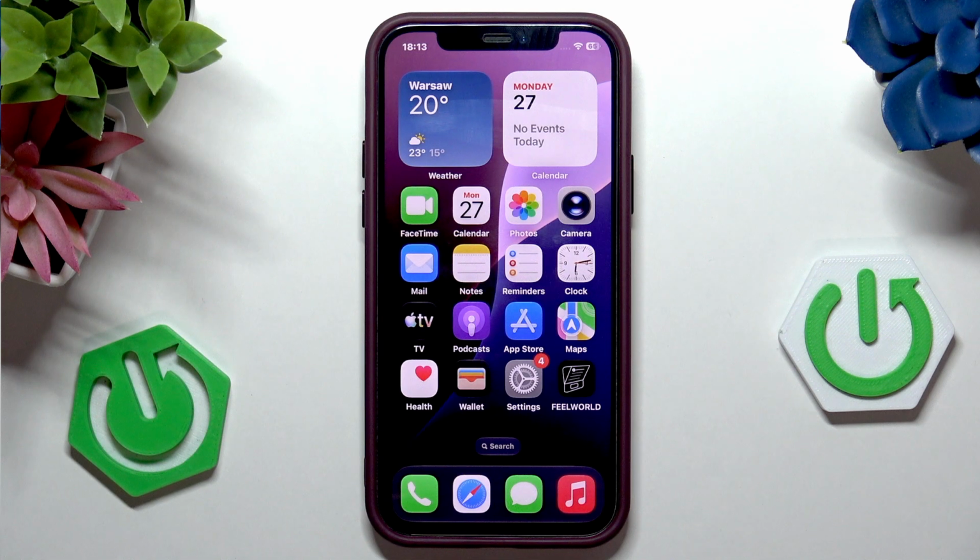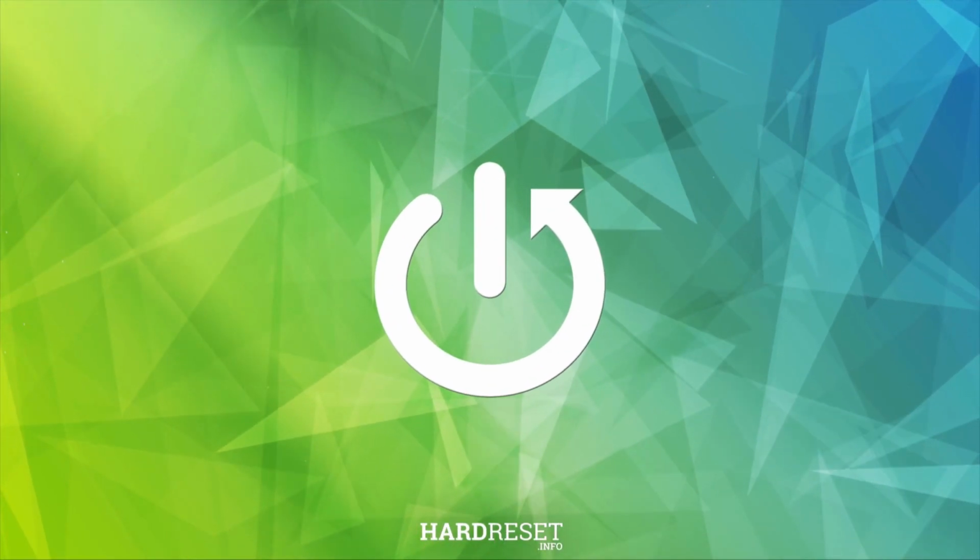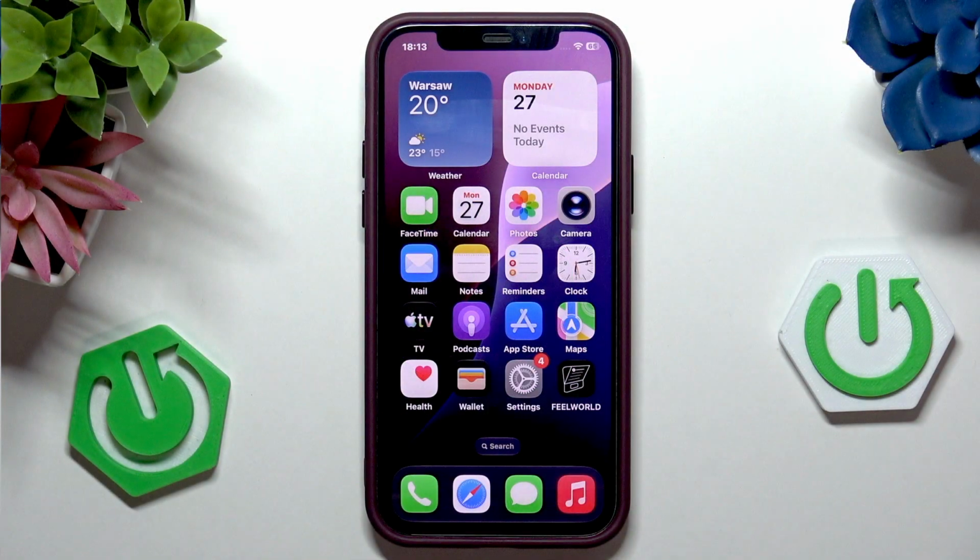Hello, in today's video, I'll show you how to factory reset your iPhone from the new recovery screen on iOS 27. There's a chance you might have entered it automatically because of some issues, but I'll show you also how to enter it manually. Before we do,